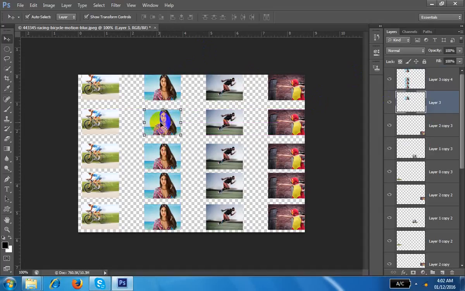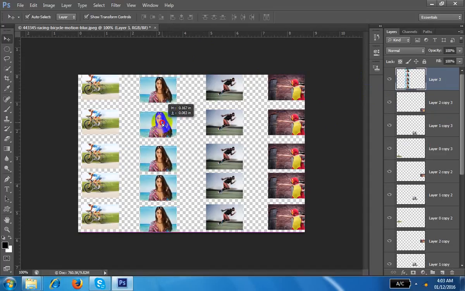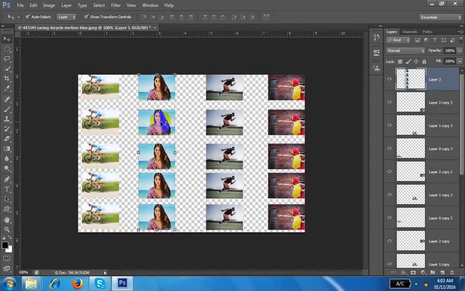Understand? One more image is there. I can again use Control E. Control E. This is one image right now. Okay, it is merged. After merging, it's not possible to unmerge. Understand? If you merge, it's not possible to convert it back into layers, only do it from your control. Cut, copy, paste, cut, copy, paste. It will take time. So merge, you understand?